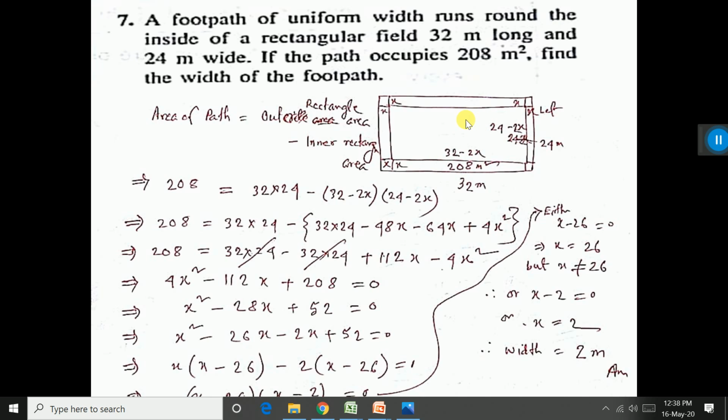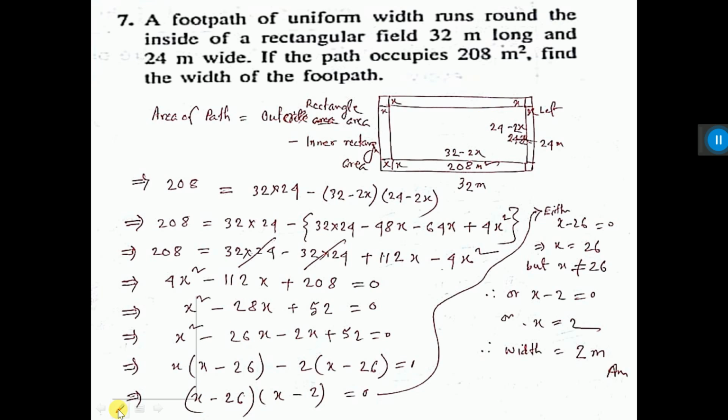Now according to the question, area of the path, I have written here, path area 208. So path area equals outer rectangle's area minus inner rectangle's area. Outer rectangle length into breadth, inner rectangle also length into breadth. So this is the length and breadth. Now